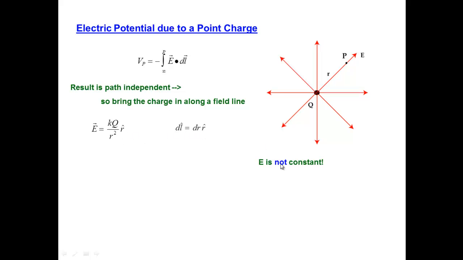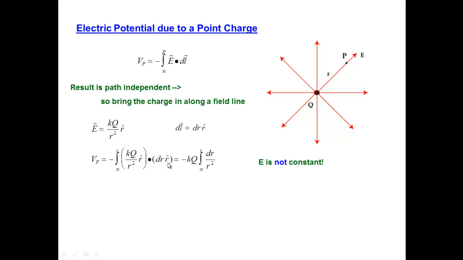So E dot dl, well, we see E and dl are parallel again, right? But the important thing in this case, and what makes it a little bit more interesting, is that E is not constant. As we move in from infinity to the final point P, the strength of E is changing because it depends on 1 over the distance squared. So we're actually going to have to perform an honest-to-goodness integral. So we take the equation for potential at point P, plug in the electric field vector, plug in the dl vector, the dot